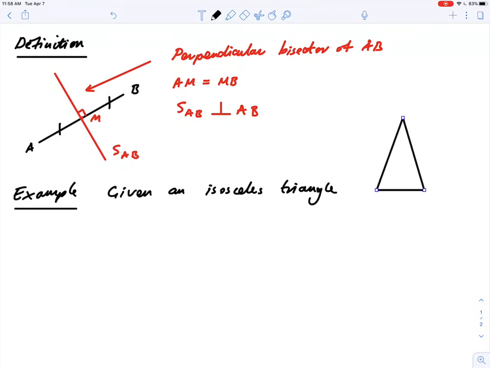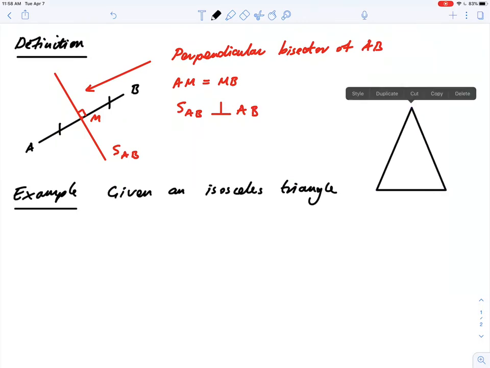Okay. So given an isosceles triangle, let's make it a little bit wider. Of this form, so let's label some stuff. So this side is the same as this side, it's isosceles, and let's label it ABC like this. So given an isosceles triangle of this format, the median,